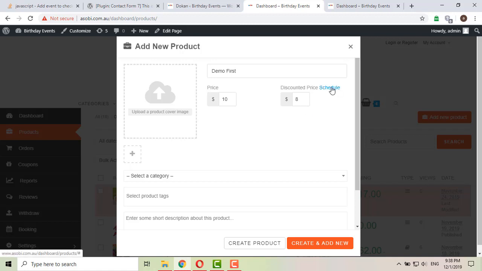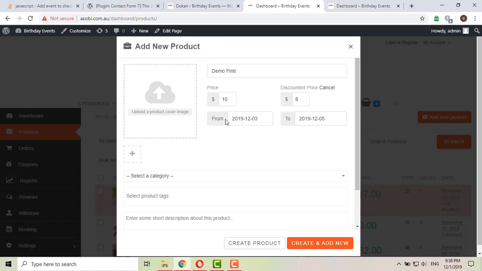So you will click that schedule, and there you will tell from which date you want this product to be on sale. Year 2019, then month 12, then day 03. From this date to 2019, 12 and 05.